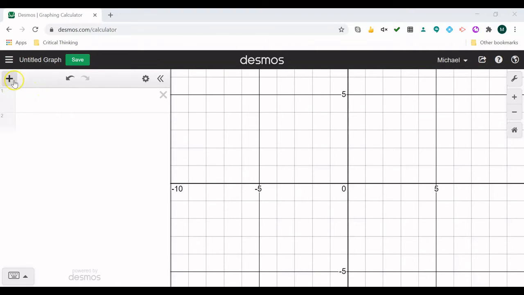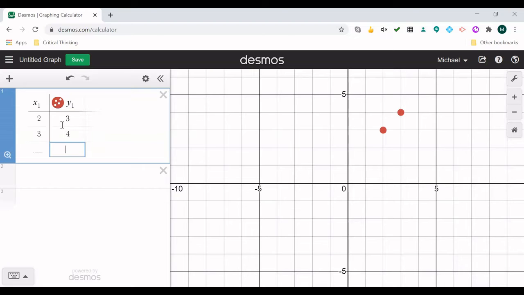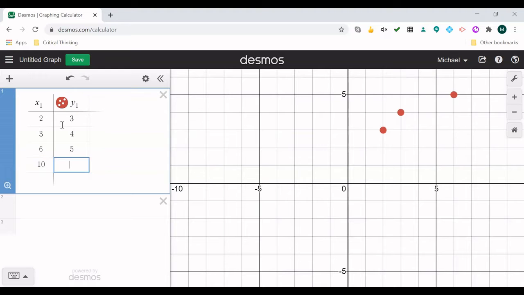So in Desmos, you'll hit that plus sign and hit table. And if you want to follow along and type these points in, you definitely can. So this is just a set of data that would be given. Could be a science experiment or some trials you've done. And so what we can do is we can take that set of points and maybe want a prediction that